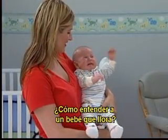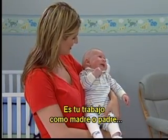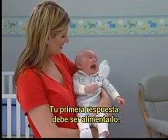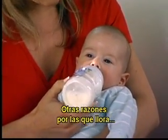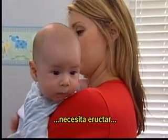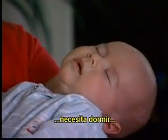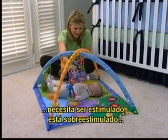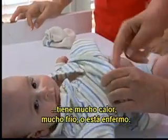How to understand a crying baby. Babies cry because they need something. It's your job as a mother or father to figure out what your baby needs. Your first response should be to feed your baby. Other possible reasons for a crying baby might be a wet or dirty diaper, needs to burp, needs to suck, needs to sleep, needs to be held and comforted, needs to be stimulated, is overstimulated, is too hot, too cold,